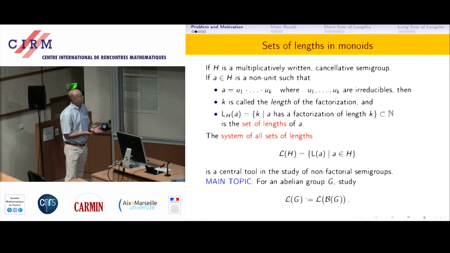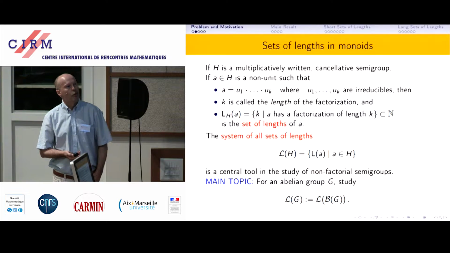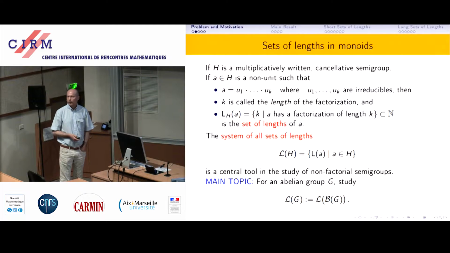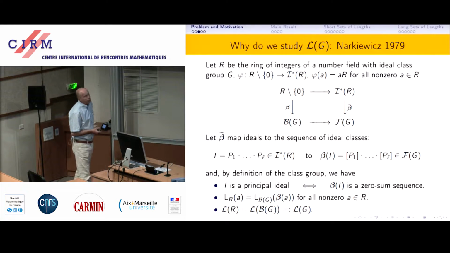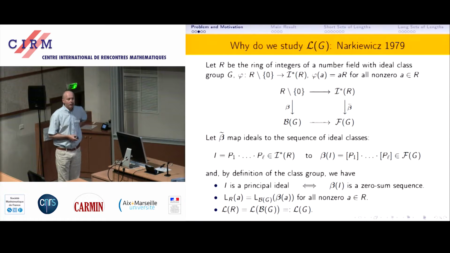And our topic here: we take the monoid of the zero-sum sequences over our given abelian group, and we study the family of sets of lengths. Maybe you ask, okay, well, why are we doing this? This is an artificial topic. No, it is not. There's a lot of motivation behind it, and let me start with an example